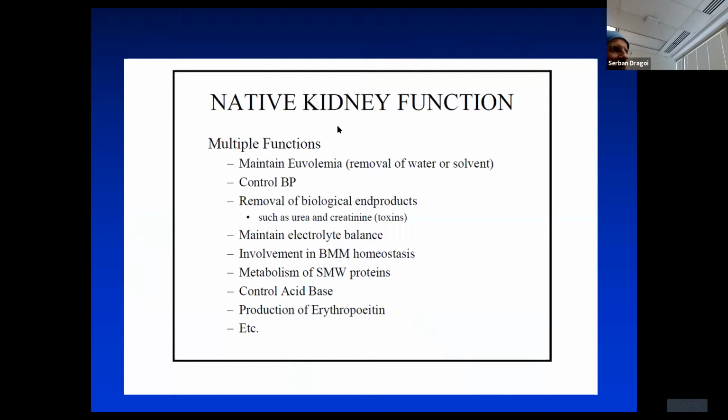So a word about native kidney function. That obviously performs a lot of functions, including handling of salt, handling of volume, blood pressure control, removal of urea, creatinine, phosphorus, etc., so-called uremic toxins, maintaining electrolyte balance, involvement in bone mineral metabolism, homeostasis, metabolism of small molecular weight proteins, control of acid-base balance, and even handling some protein-bound solutes such as indole acetic acid, indoxyl sulfate,